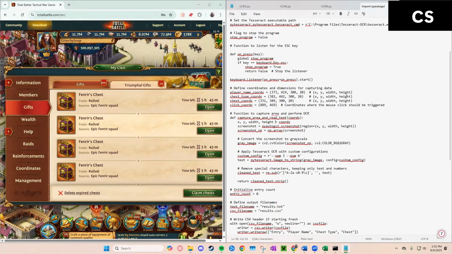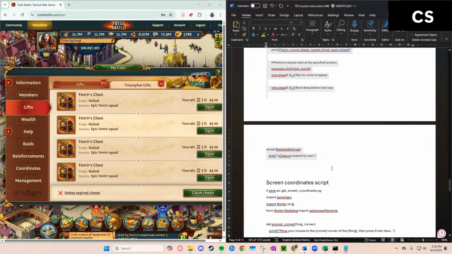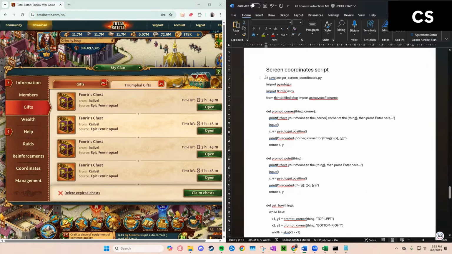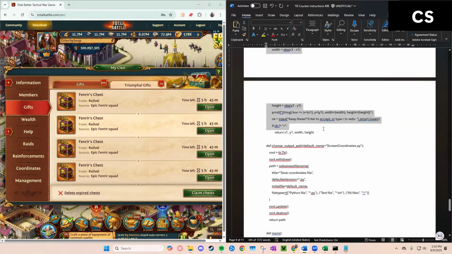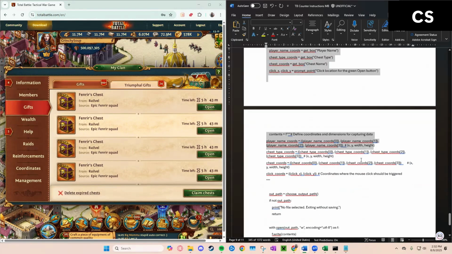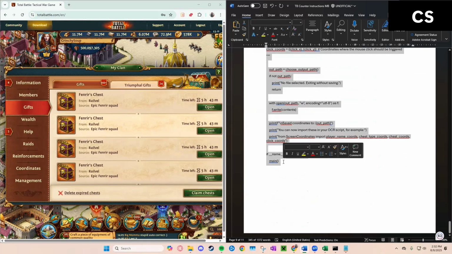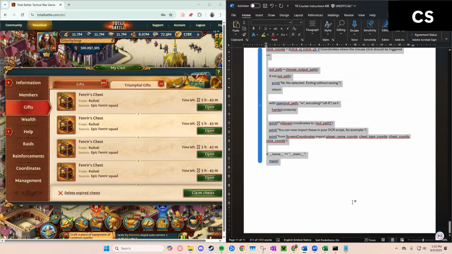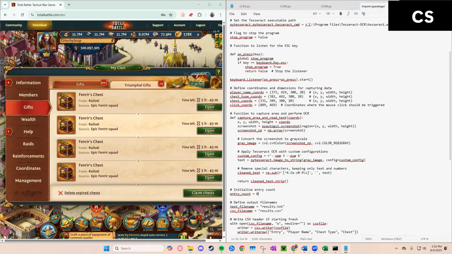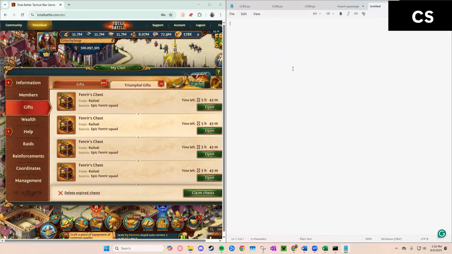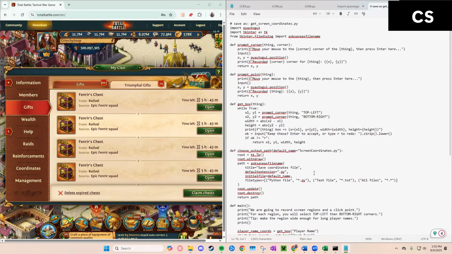If you don't have another way of automatically figuring out what your coordinates are on your screen, I did make a little companion program here. So you can copy this one, and this will help us get our coordinates. We'll only need to do this once. So you'll copy this, go back to your text notepad, get a new one, paste that,